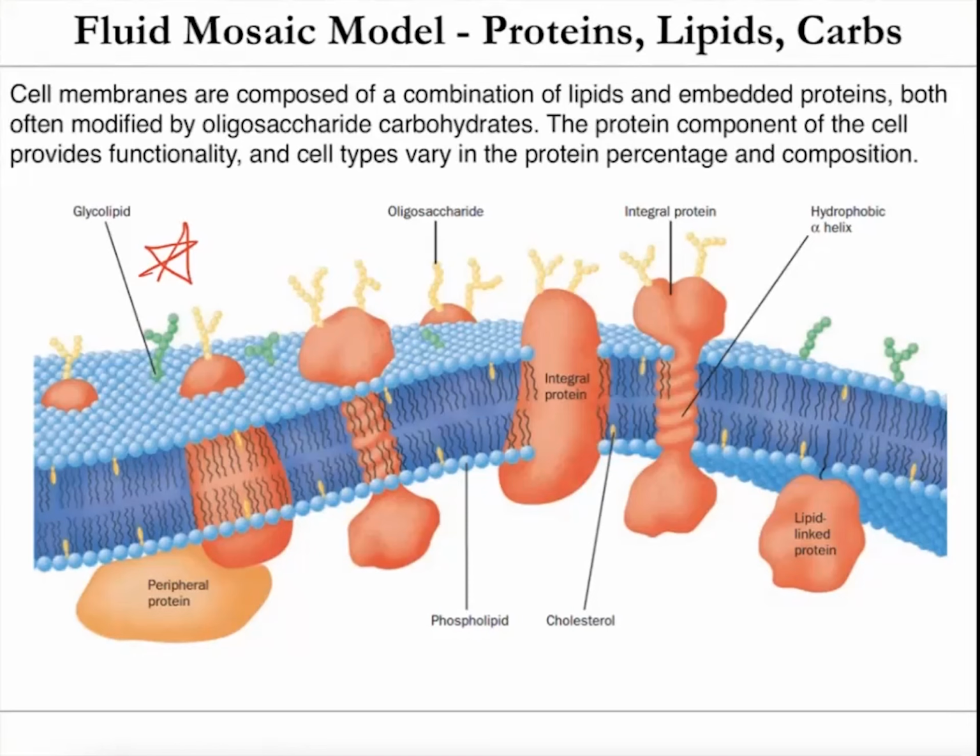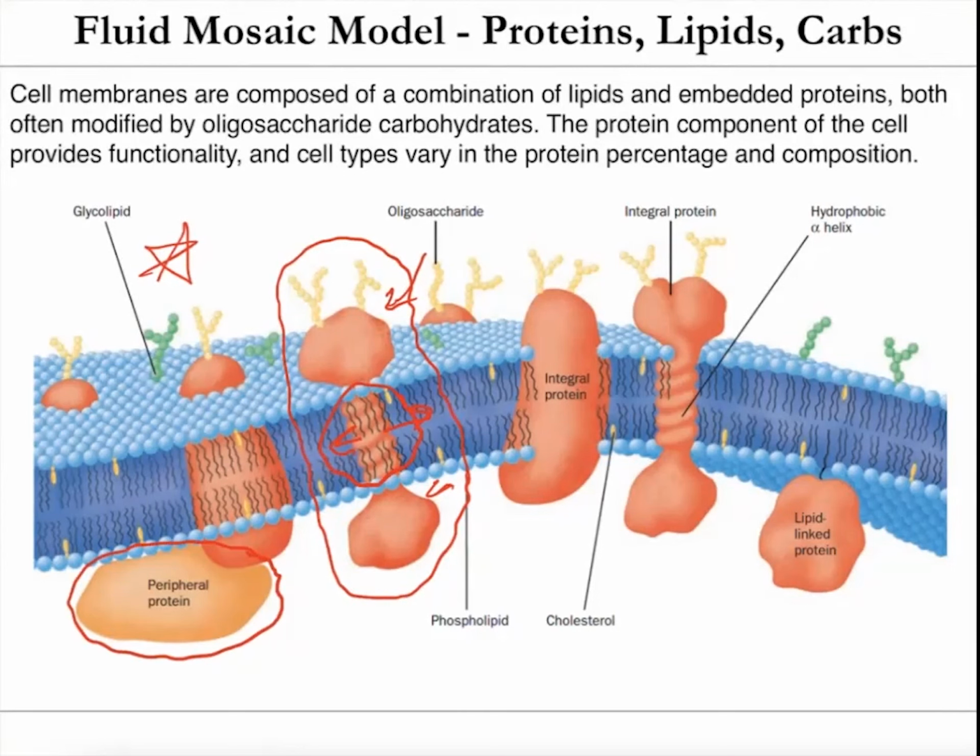So there's a lot of different types of proteins that can be in the membrane. You can have a lot of proteins that are integral in the membrane. So they have a part of the protein inside the cell, a part of the protein outside the cell, and then they have a region that's embedded within the membrane. So the outside of that would have hydrophobic amino acids sticking out from it, so it can interact with the hydrophobic tails in that cell membrane. You can also have peripheral proteins that are just associated with the membrane. And you can also have proteins that actually have lipids sticking out of them, and that allows them to embed themselves or anchor themselves into the membrane.